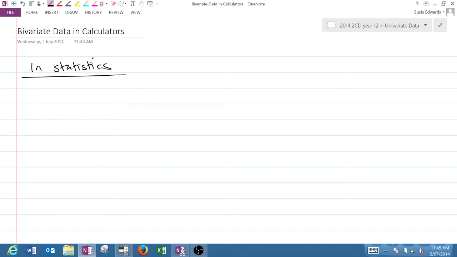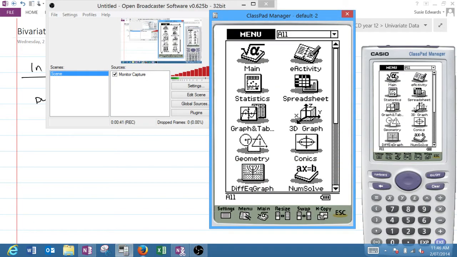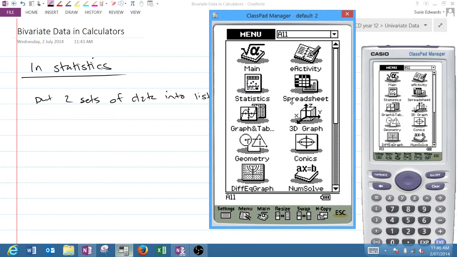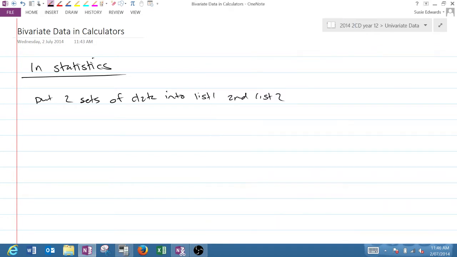And then we put our two sets of data into list 1 and list 2. So it's a bit like a frequency table. Sorry, wrong one. All right, so statistics, and then we put in our data. Just clear all. All right, so we'll just start with something pretty simple, and we'll just say test scores again, I guess. Okay, so test 1, test 2,